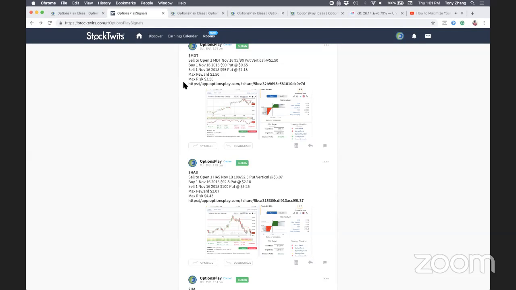Debit spreads and credit spreads go hand in hand. I hope StockTwits will include both for those who sign on now. So yes, like I said, based on the research that we're doing right now for credit spreads, we do see some promise on debit spread trades, but I'm just not ready to launch that yet. But my quants are working pretty hard on looking at how to incorporate debit spreads into this type of strategy.